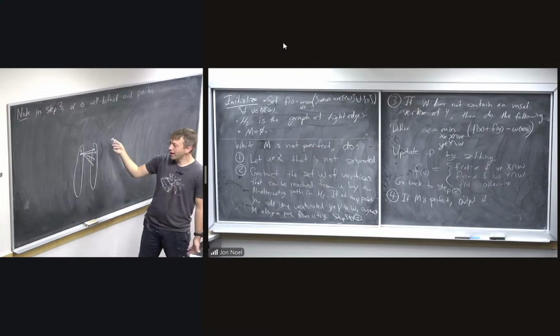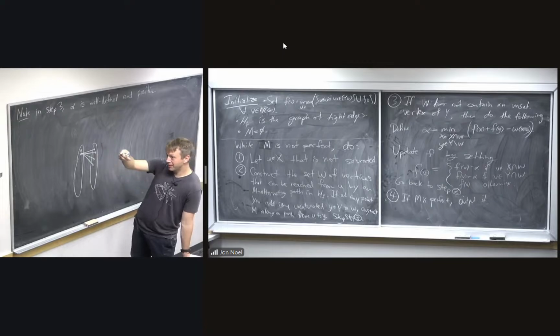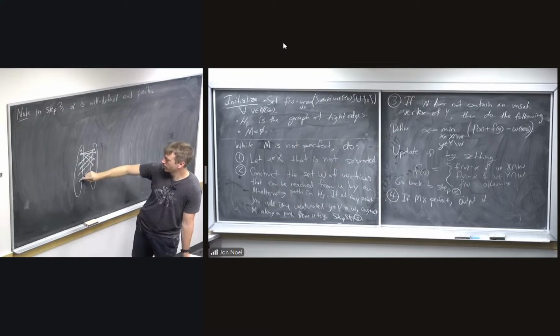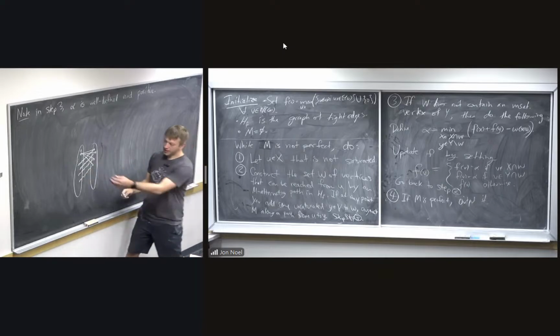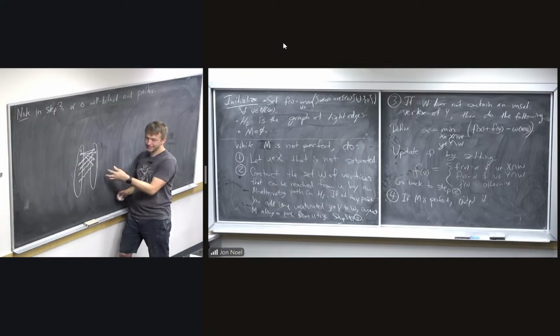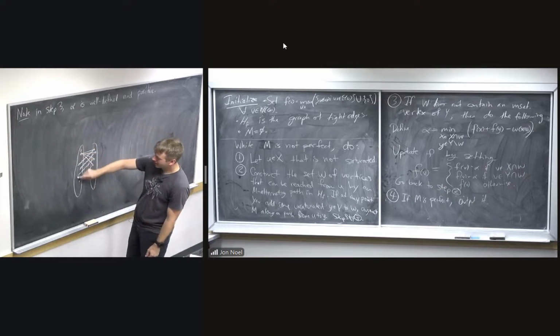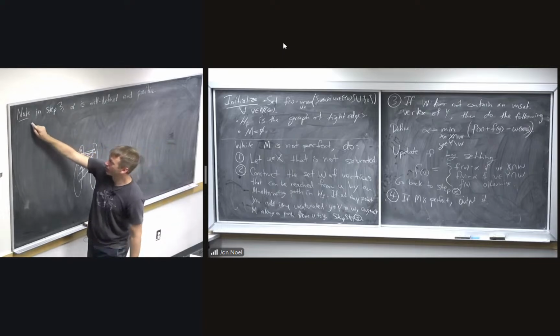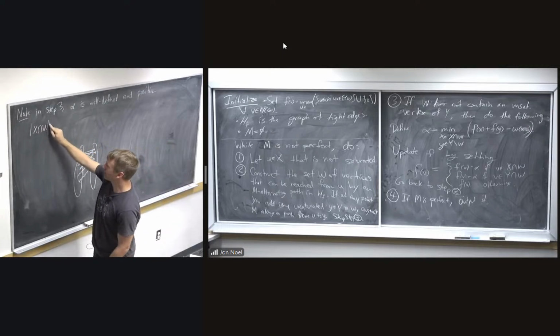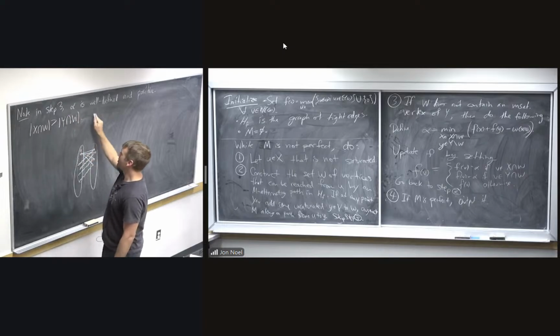So what actually happens is that since we're in step 3, each of these must be matched to someone. But then we could, of course, take the neighbors of these guys, but all of them must be matched to someone. And we could just keep going back and forth like this. And if you think about it, the number of things in X intersect W will always be bigger than the things in Y intersect W, because